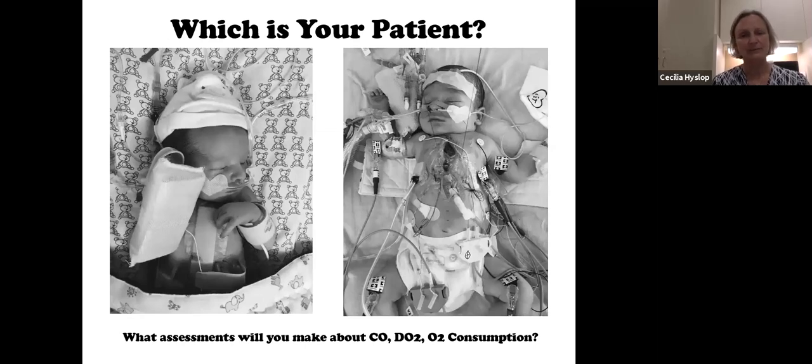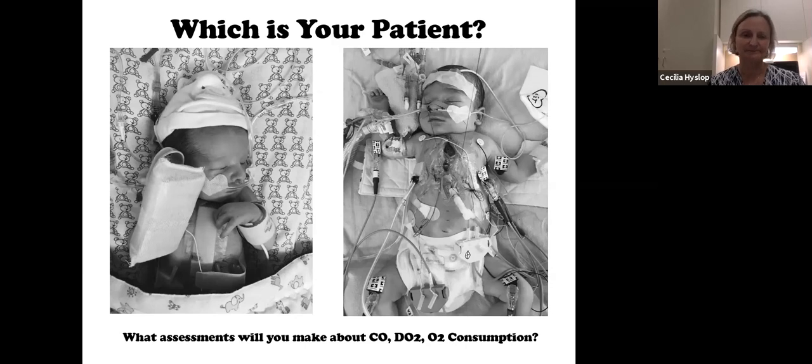So if you were to look at these two patients, what assessments will you make about cardiac output, oxygen delivery, and oxygen consumption? Which of these patients would you be most concerned about? I'm pretty sure most of you would say the patient on the right, who has an open sternum, which is actually suspended. This patient is multiply invaded with lines and catheters, intracardiac lines and pacing wires, art lines, CVs. He's intubated and ventilated, and he has a NIRS monitor on his forehead as well,